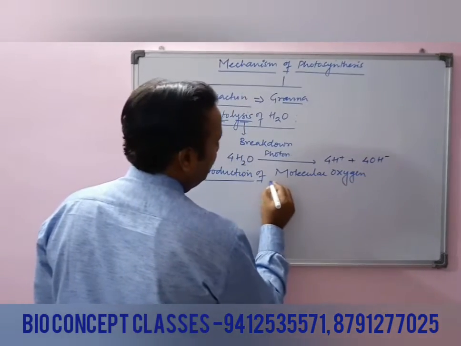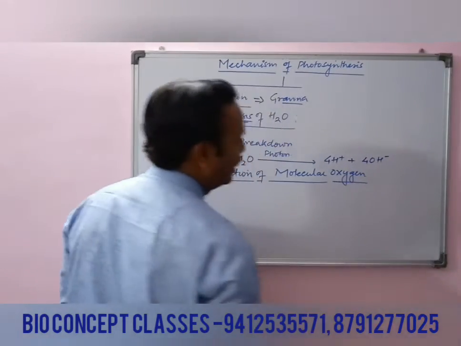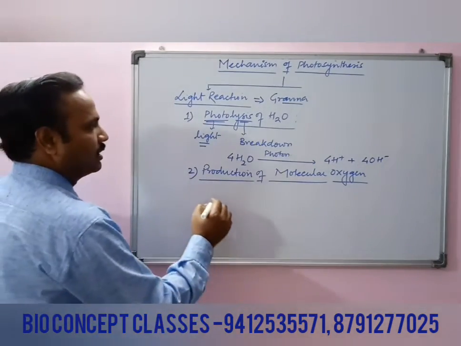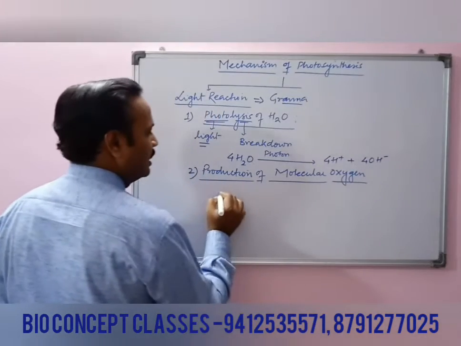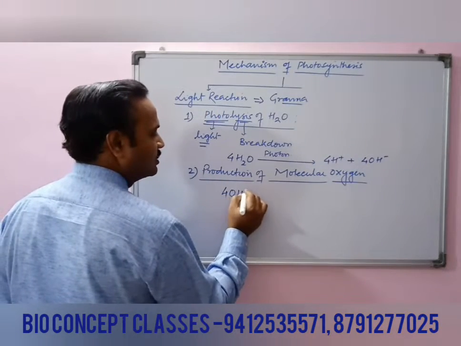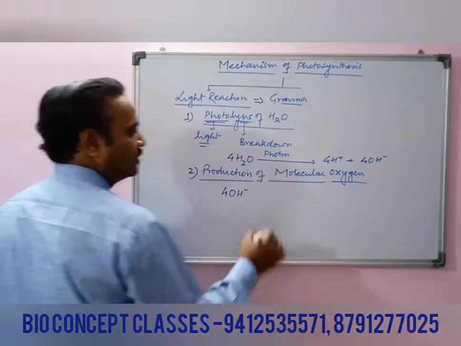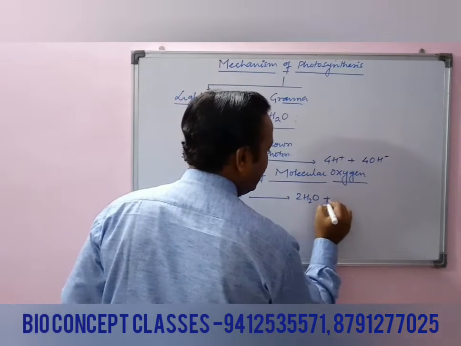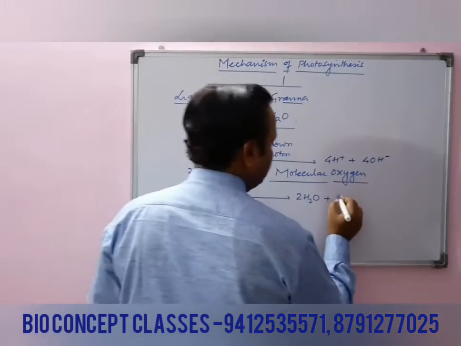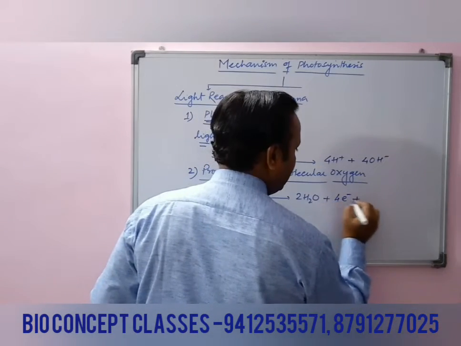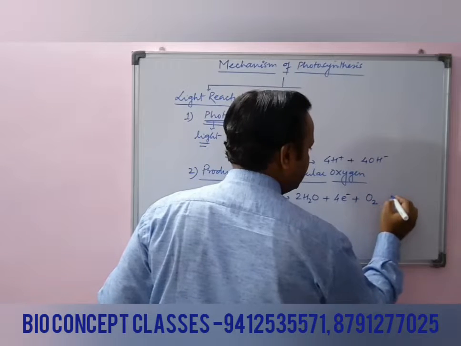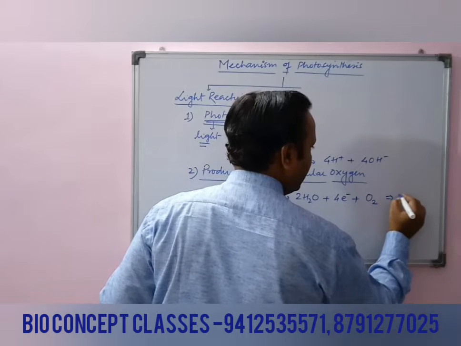How is this molecular oxygen produced? देखिए ये जो हाइड्रोक्सिल आयन है OH minus. Now this OH minus will produce 2H2O plus 4 electron plus molecular oxygen. Here we require